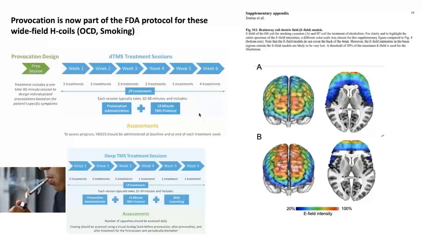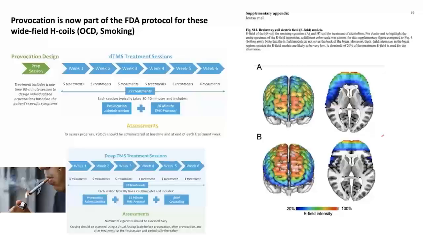And I think this might be an interesting way to think about it. So with these wide field H coils, we're not targeting in a very specific brain way. But when we have cast a wide field and we pull the brain into a specific state, then the electric field is more likely to overlap with the individual's kind of fingerprint of the brain state associated with smoking or